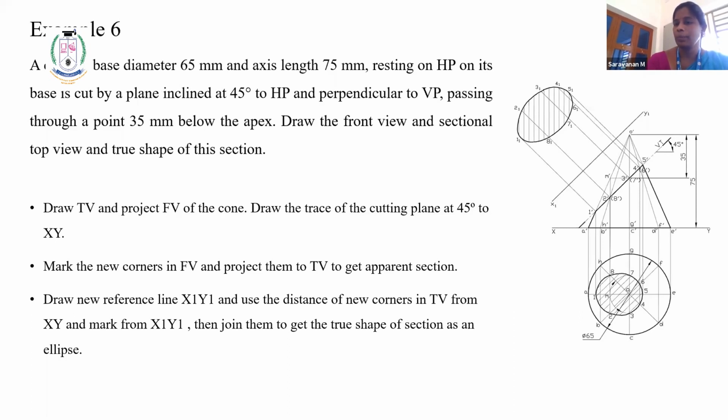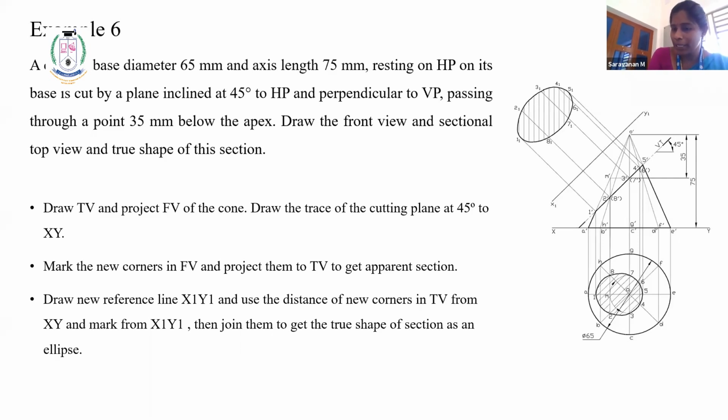They are marked as M dash. See the front view. So from 3, a horizontal line is drawn. It is intersecting at the slanting length of the cone, marked as M dash. Project the M dash towards the front view. So it is intersecting at a horizontal line which is drawn from the point O. So O and A we are already having a horizontal line. So the M dash line while projecting, it is intersecting at the line of O and A. Mark the point as M.